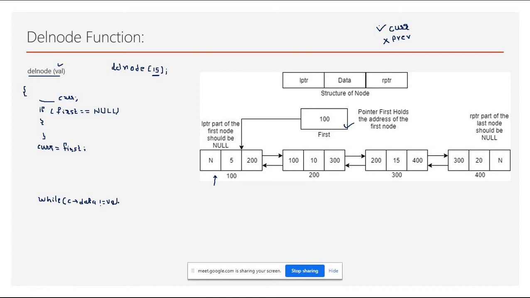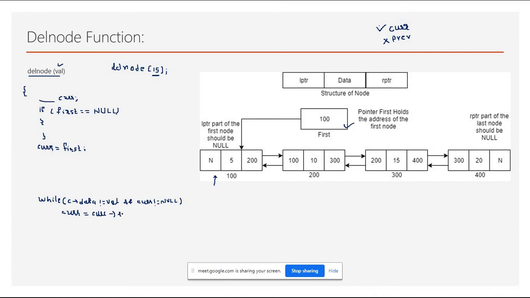One more condition, because whenever we are searching, we put one more condition with this condition, that is current does not become null, right? So these are the two conditions that we have to check. Okay. In this case, what you need to do is move your current pointer to the next node. So here current is equal to current points to rptr, right?